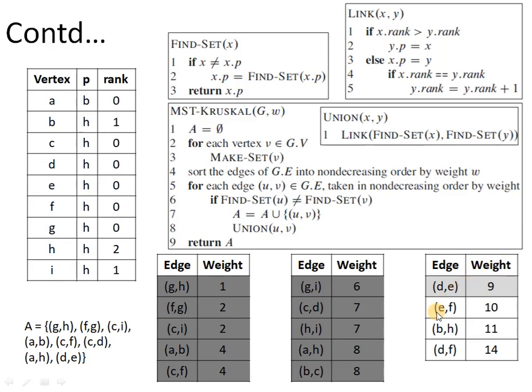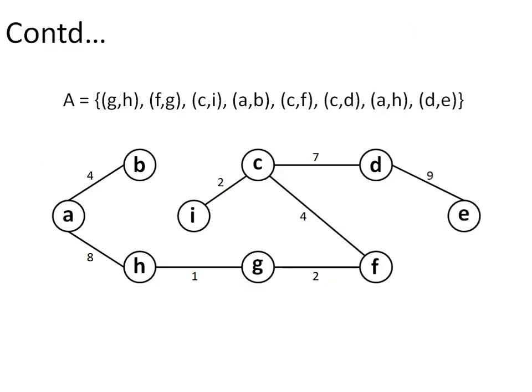And now for the rest of the edges, EF, both the endpoints belong to the same set, so discard it. Then we have BH. So again same set is there, no change will be there. And lastly, we have DF. So again, same set, no change. So with this, we have completed the execution of Kruskal's algorithm, and the set A, which we have returned, is giving the minimum spanning tree, which we have obtained earlier also. And the cost of this minimum spanning tree comes out to be 37 again.